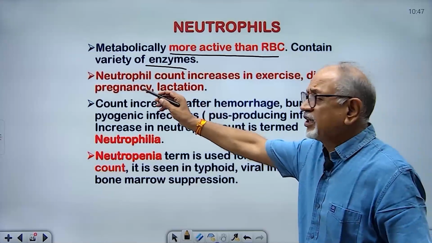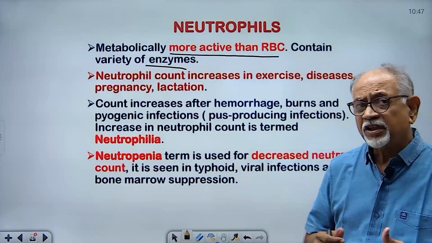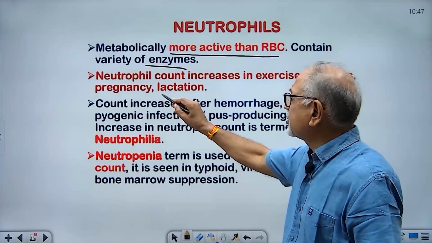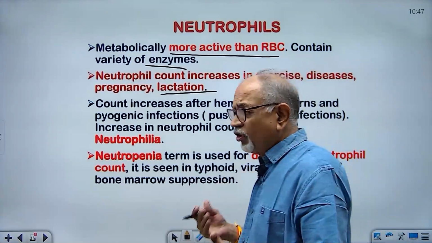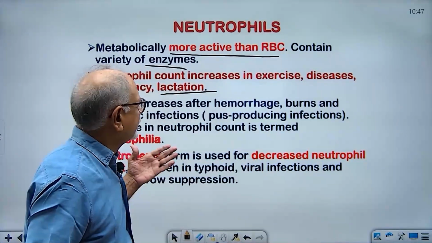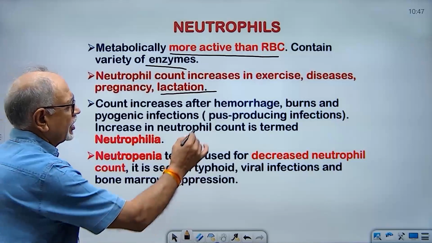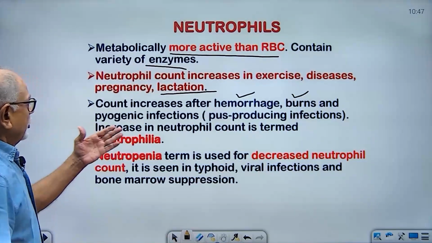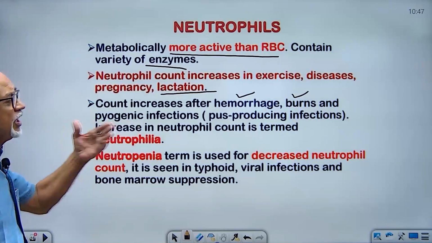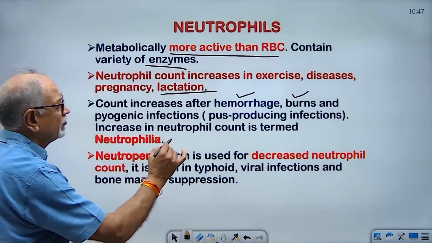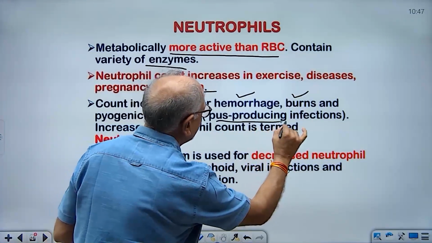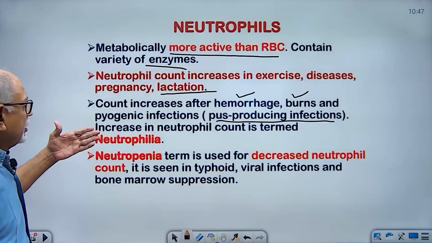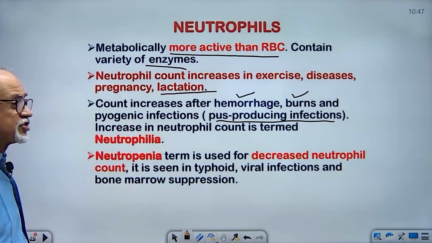In case of pregnancy, when the mother is feeding milk to her child, that is during the lactation period, their count also increases. After different medical conditions like hemorrhage, after burns, in pyogenic infections, that means the infections in which there is a formation of pus. Now, the increase in neutrophil count is termed as